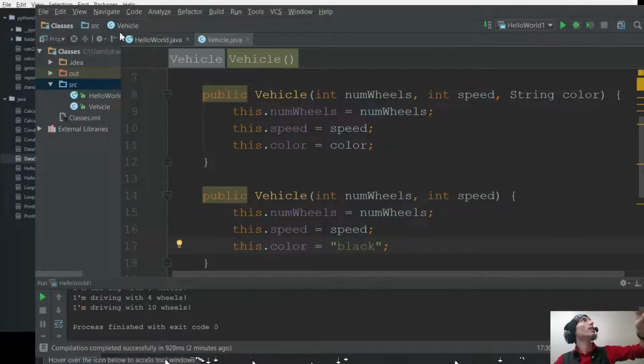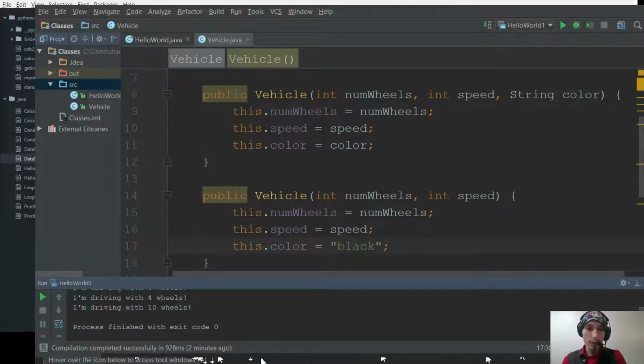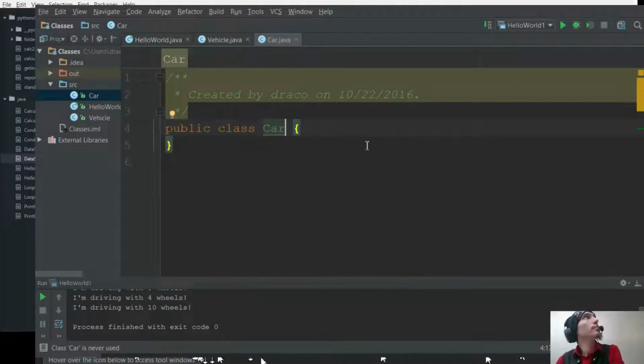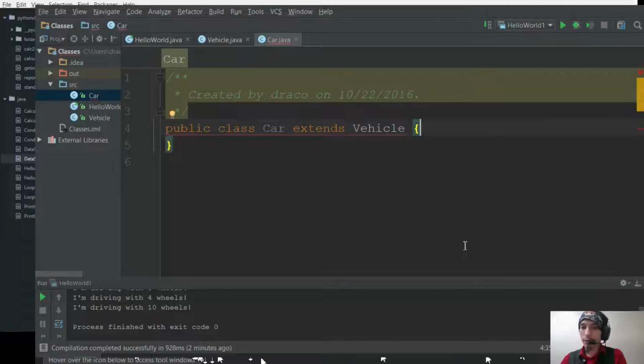So it may not make a whole lot of sense, but let's create a new Java class. So right-click source, go to new, go to Java class, and let's create one called car. And the way that you cause one class to inherit from another is a keyword called extends. Okay, so we can say a car extends a vehicle. And this is a very literal